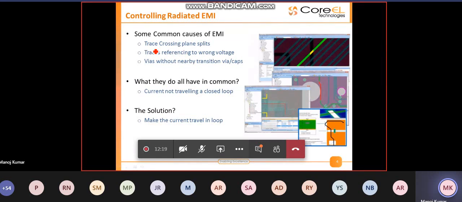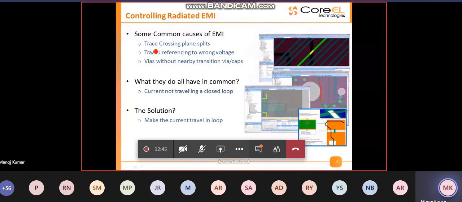Another cause is traces which are referencing the wrong voltages. In a situation where you have done high speed routing for, let's say, a 1.2 volt bus interface, and beneath that you have laid out a power line corresponding to 2.5 volt or 3.3 volt, that is one challenge.